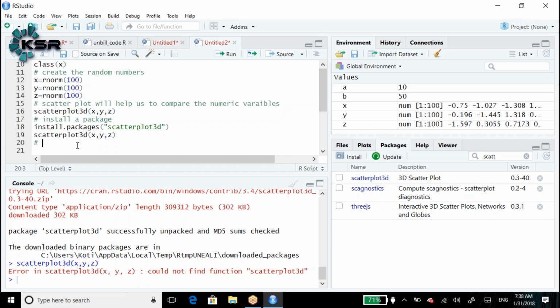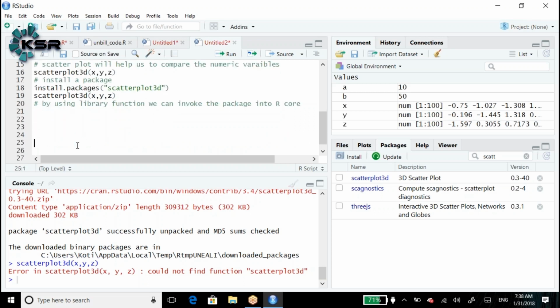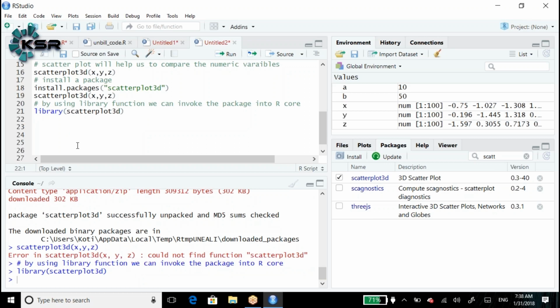For that purpose, we can use the library function to invoke the package into the R library, R core, which means into R basically. By using the library function, we can invoke the library scatterplot 3D.